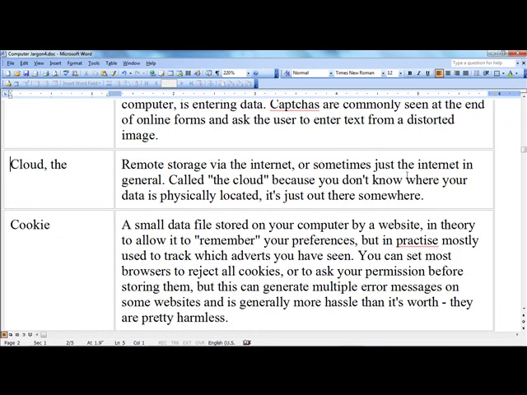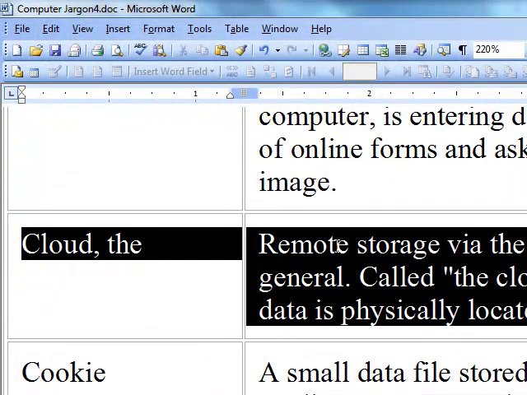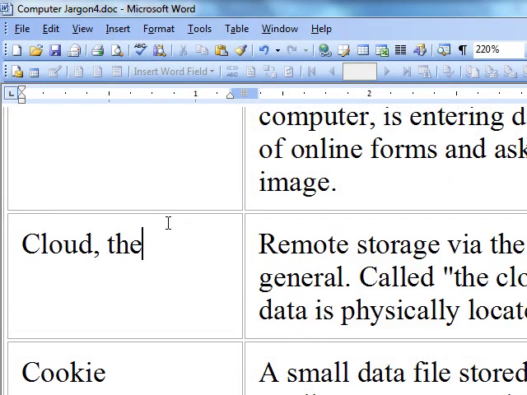The cloud. We all sort of know what the cloud is. We think that it's sort of out there where some stuff on the internet is. Well, the cloud is just a way to describe all the various places where you or Google or someone else can store lots and lots of information. When things are stored in the cloud, they're not really out there in cyberspace. They're on some server in somebody's building somewhere.